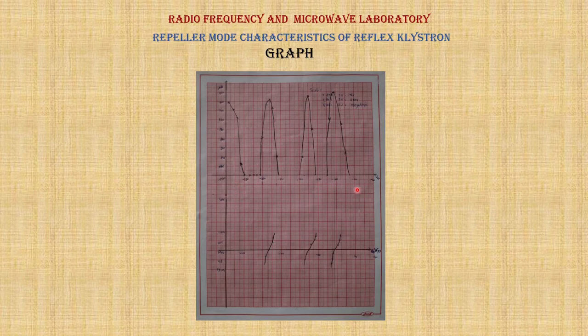It is the input ripple voltage versus current obtained at the ammeter, and it is the frequency response to the ripple voltage. This frequency may vary a little bit, like 1 gigahertz.